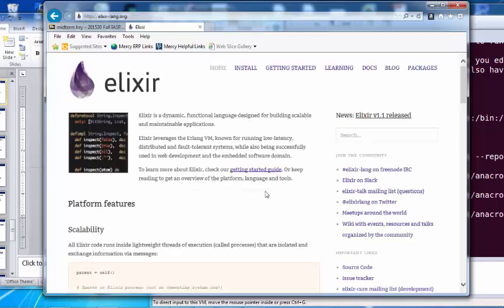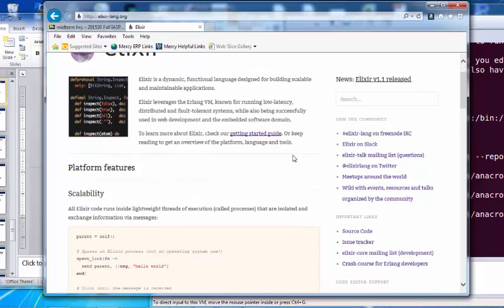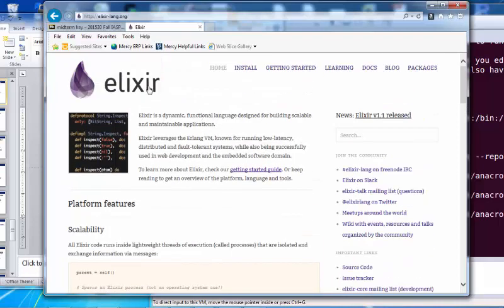Elixir is a dynamic, functional language designed for building scalable and maintainable applications. The Elixir language leverages the Erlang VM, known for running low-latency, distributed, fault-tolerant systems, while also being successfully used in web development and embedded software, things like that. So this is a language.